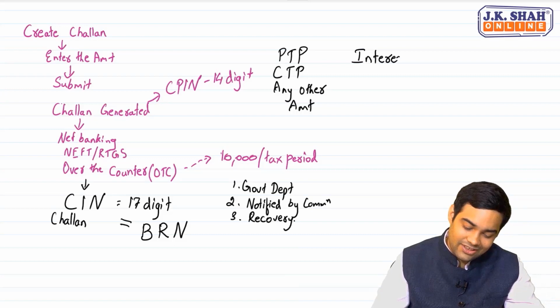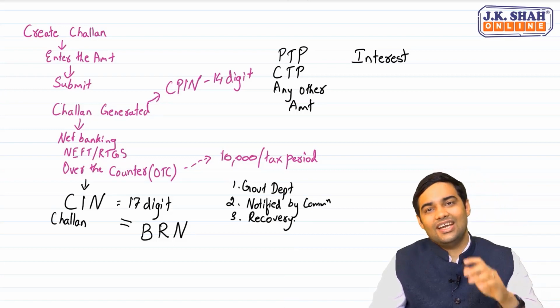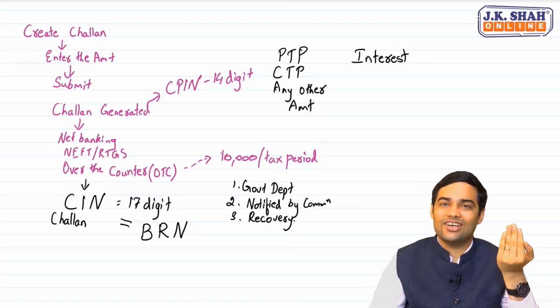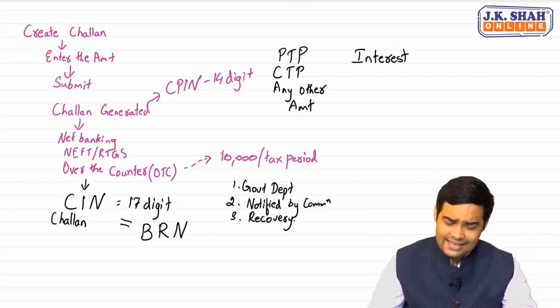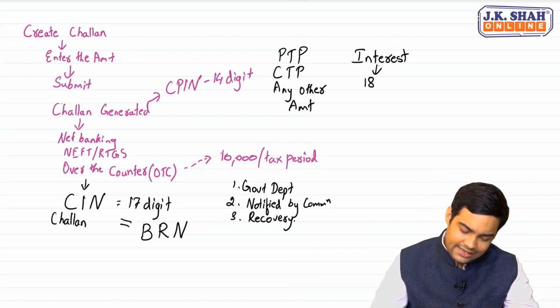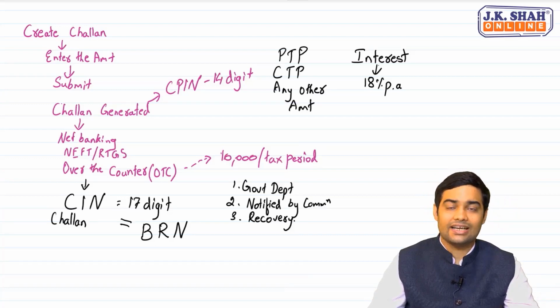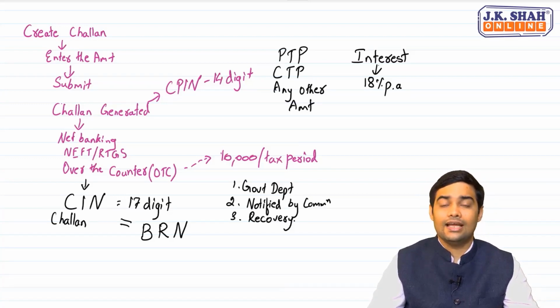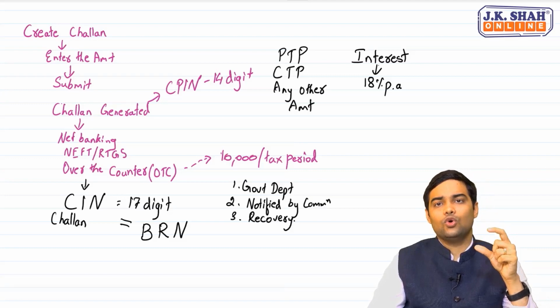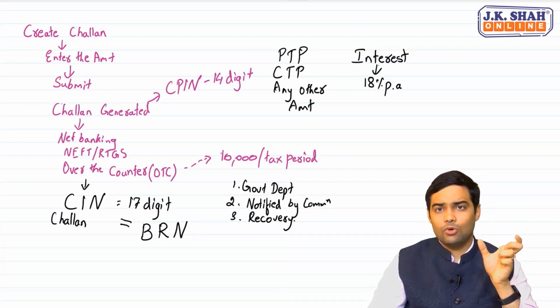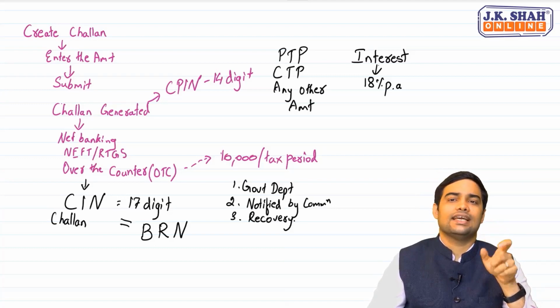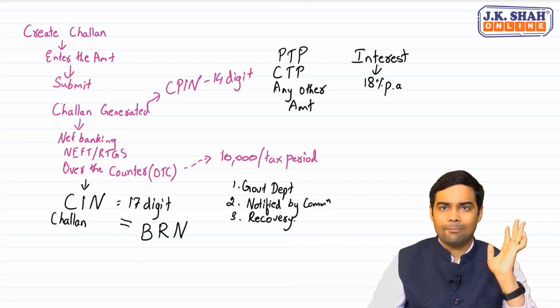Remember the difference between late fee and interest. Late fee is for delayed filing of returns and interest is for delayed payment of tax. Interest will be applicable at 18% per annum from the due date till the date of payment. This is given in section 50. But remember, only if you delay filing return. In that case, if you have reported that late, that means you have also paid taxes late. In such cases, interest will be applicable.